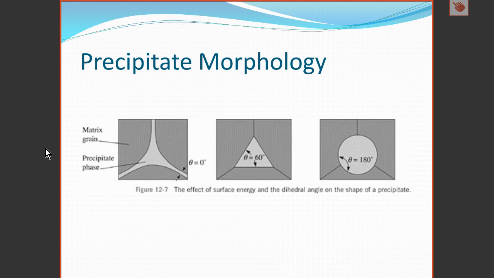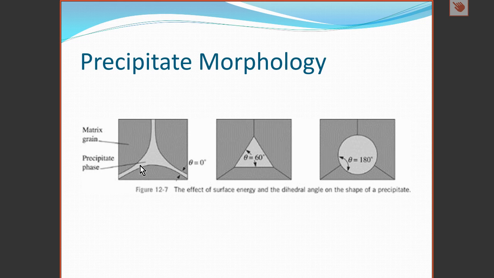The precipitates that form can have different morphologies depending upon the interfacial energy between the precipitate and the matrix material. If the interfacial energy is low, then we get wetting. We see here how the precipitate phase almost seems to flow around the grains in the matrix. This results in a continuous precipitate, which is not favorable for the strength of the material, or rather, should I